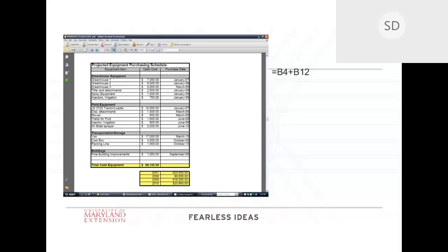So I found all the 2007s and I summed them up. So I added them together. I found the 2008s and I added them together. So, as I change things, those formulas would update. So that's a way to use a resource inventory looking forward.